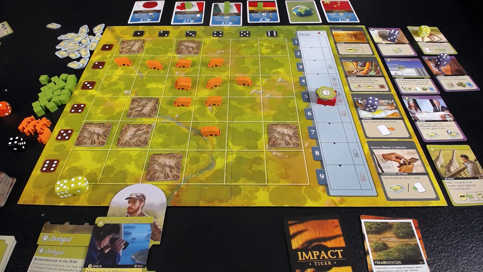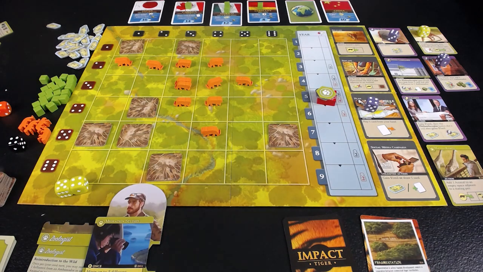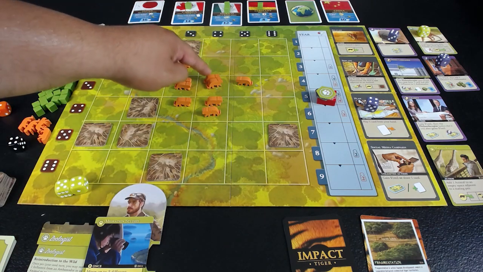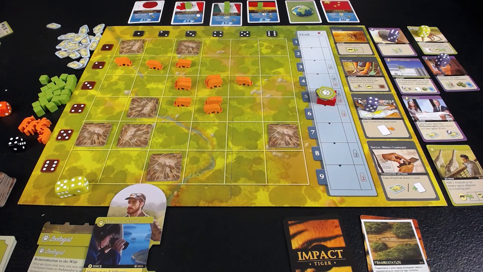And I'm going to move up to 2 animals, 2 spaces each. So we're actually going to consolidate a little bit. We're going to go here. We're going to go here. Look at that. So we got open space over there. We got 3 mating pairs. I'm feeling pretty good about that. Okay, so that was my